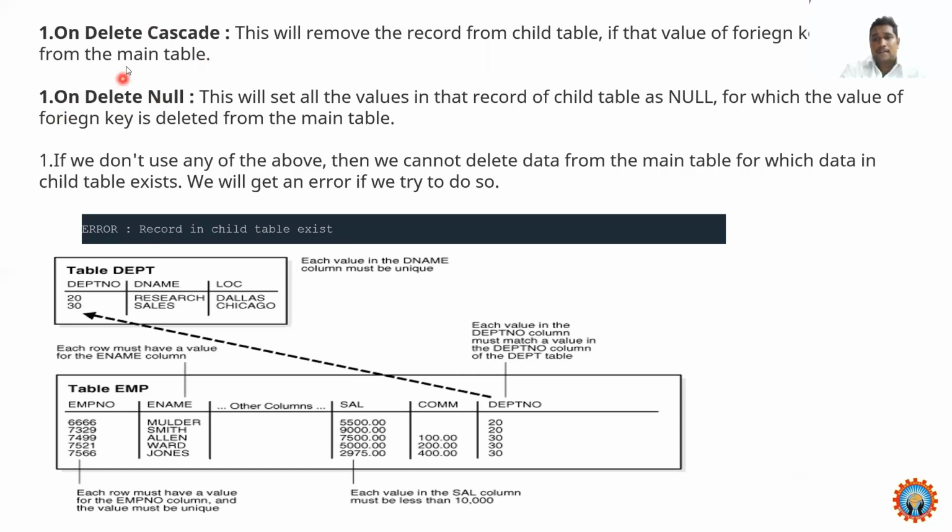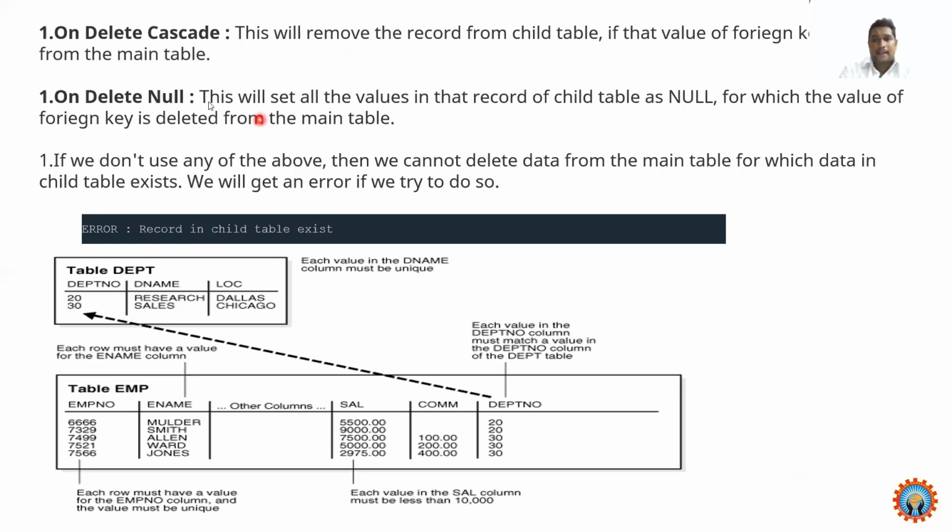These two commands are used when there is a constraint using foreign keys. On delete cascade will remove the record from the child table if that value of the foreign key is deleted from the main table.